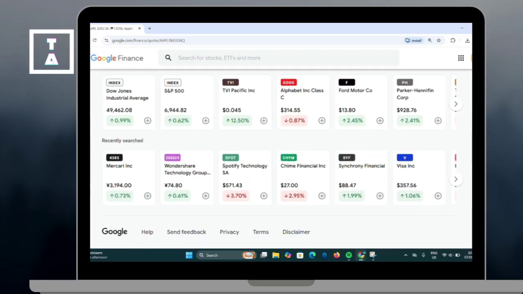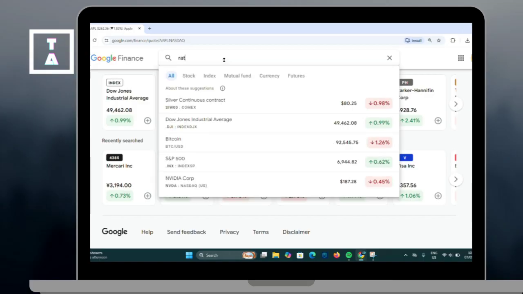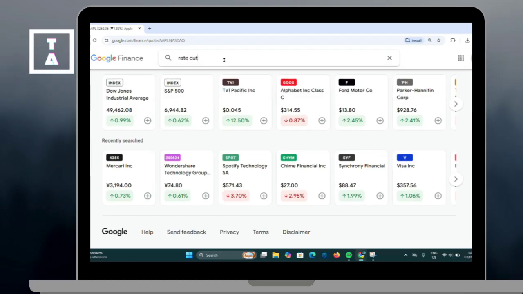You can ask probabilities like this, and Google Finance will pull prediction market odds from places like Kalshi or